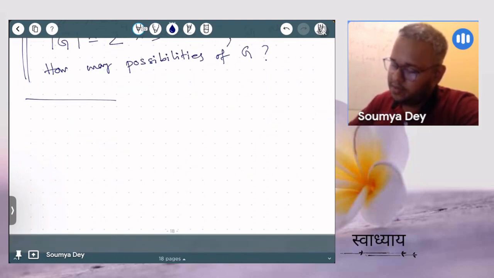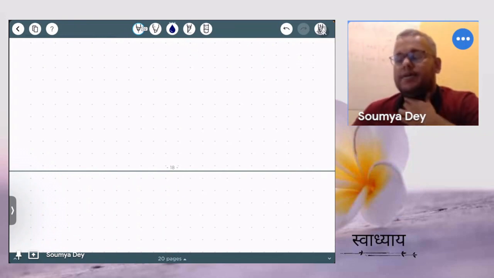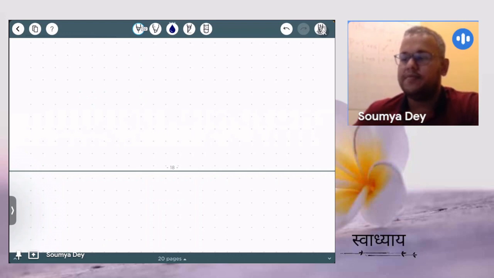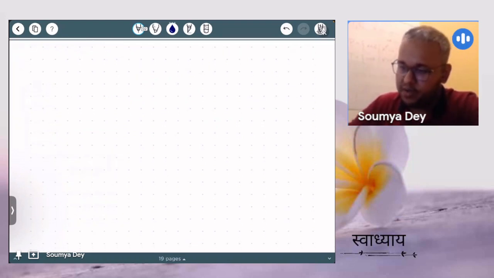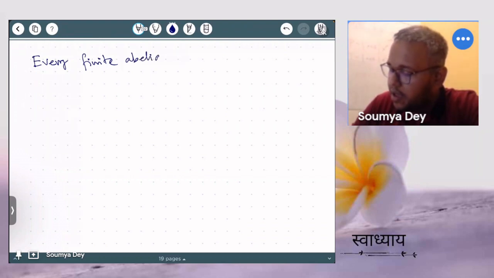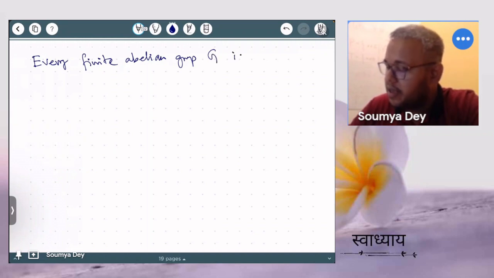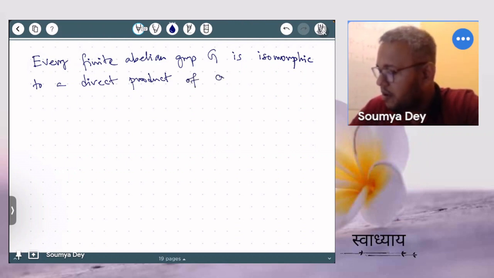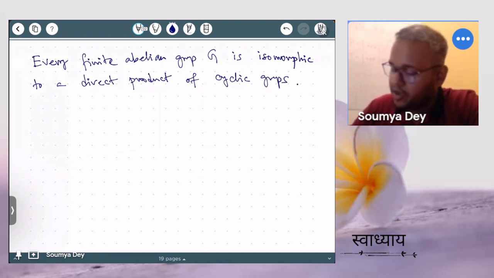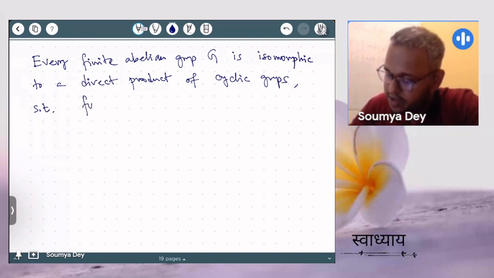Now, we have proved one version of this fundamental theorem of finite abelian groups. Let me just complete this. After this observation, what exactly have we proved? Let me write down. Every finite abelian group G is isomorphic to a direct product of cyclic groups, such that